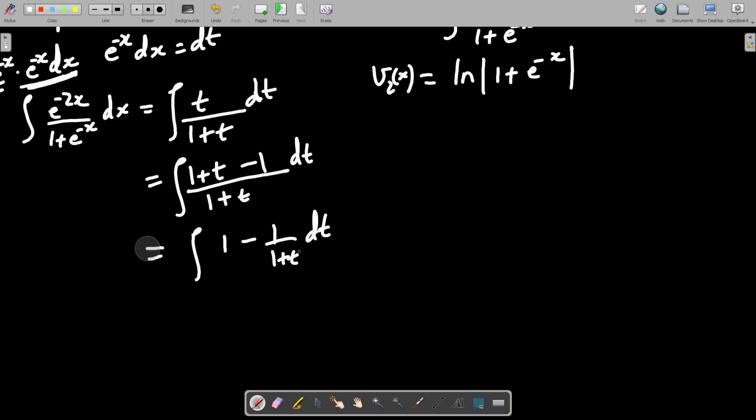So this integral is going to become t, this integral is going to become minus ln of 1 plus t. Okay, so resubstituting, this is e raised to